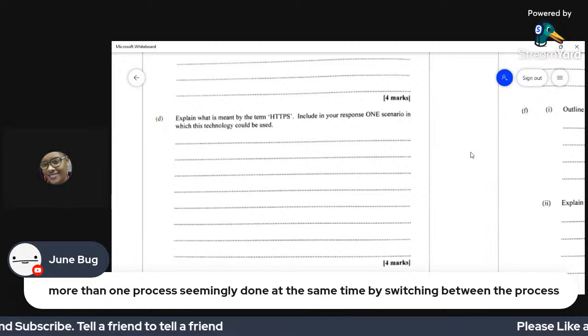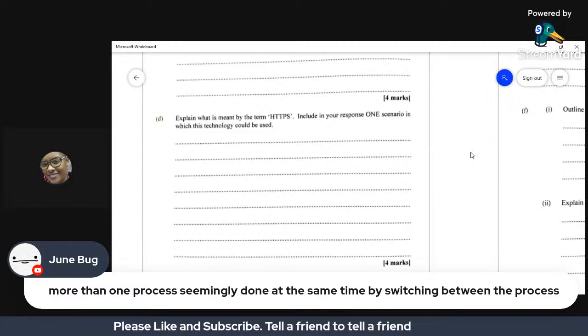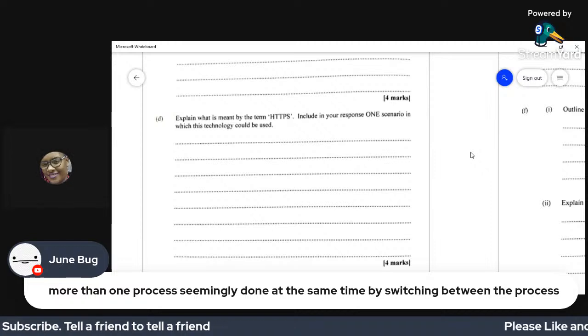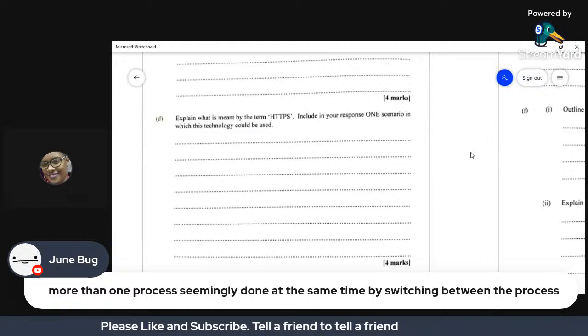This is: explain what is meant by HTTPS. So what does the abbreviation stand for? That stands for Hypertext Transfer Protocol Secure, not service, secure. So HTTPS, Hypertext Transfer Protocol Secure.